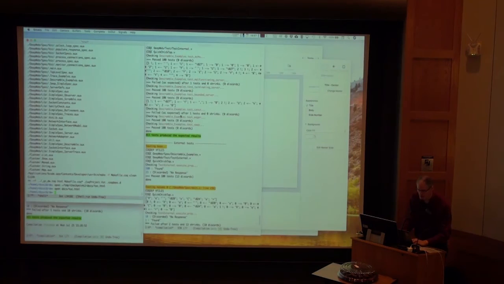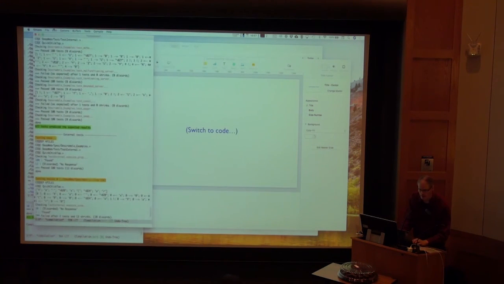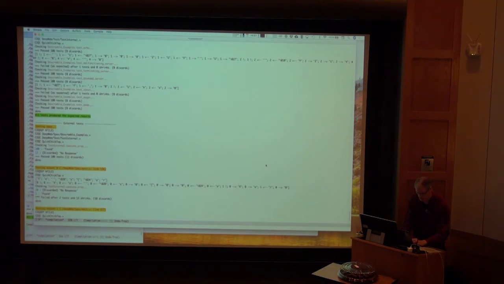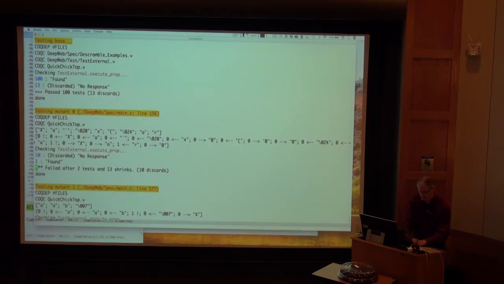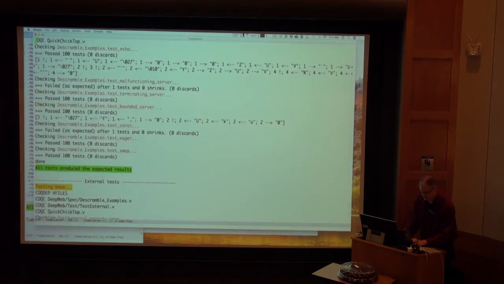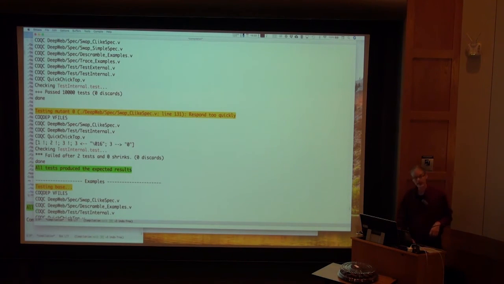And I'm not going to belabor the point except just to say, here we have QuickCheck. Oops, compiling some stuff, and then actually testing does an actual server, the C server. Sorry, we're testing a bunch of things here.